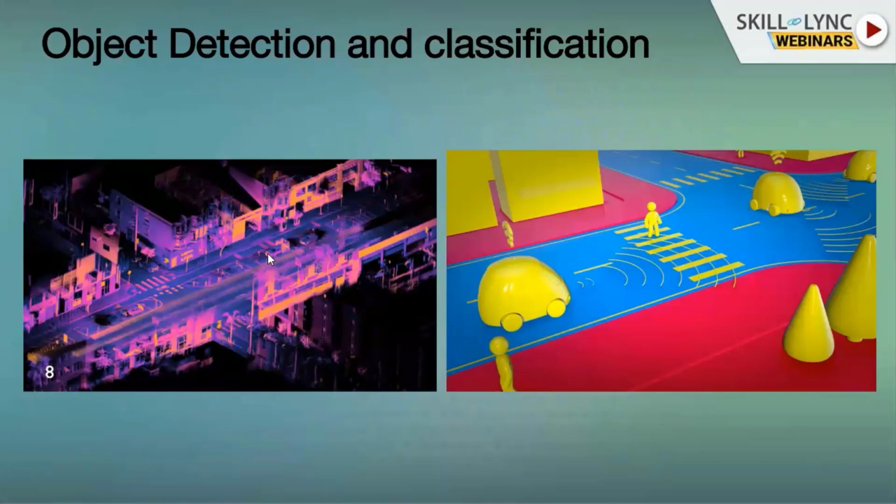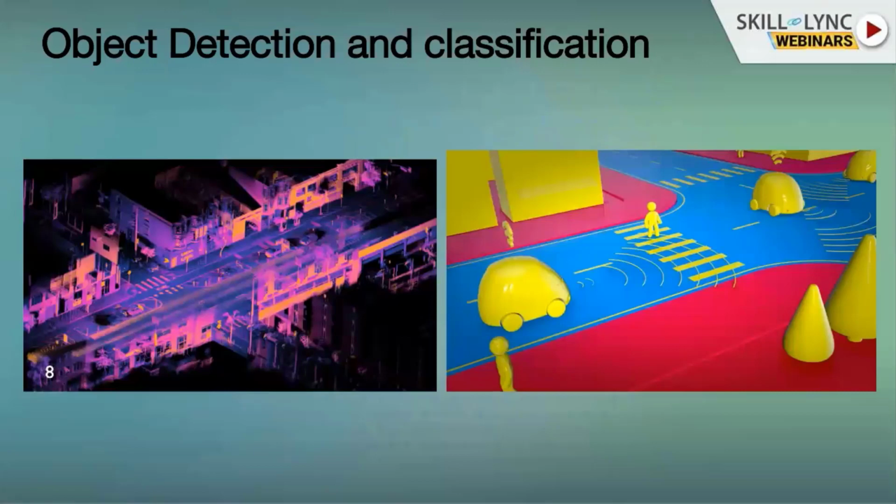As you can see here, my car is there and my laser source is here. When it is hitting the car, it can construct a shape also. Okay, this is the shape, something object is coming forward. We know the shape of the car, we know the shape of the buildings, the tree, the pedestrian, or the cyclist.